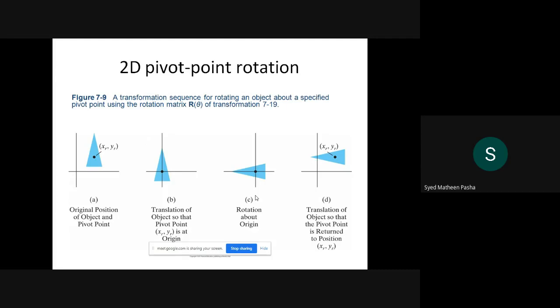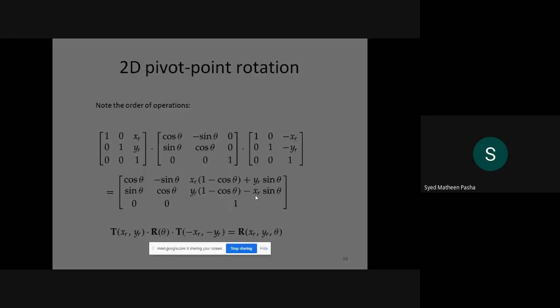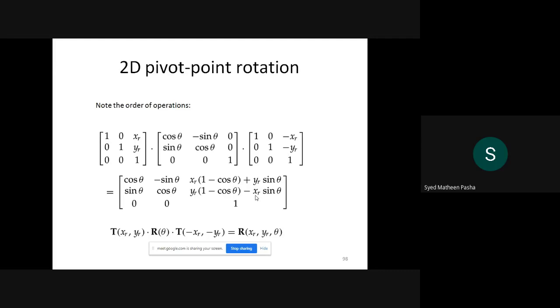As I have told you, your second program of your laboratory is on this only, that is pivot point rotation itself. Then we saw how to represent this pivot point rotation in the form of matrices. That is nothing but you are using both the transformations, translation as well as rotation. Once you combine these geometric transformations, you take the product of both the matrices and get the resultant matrix, so that you can represent it in the form of an equation for all the three geometric transformations.